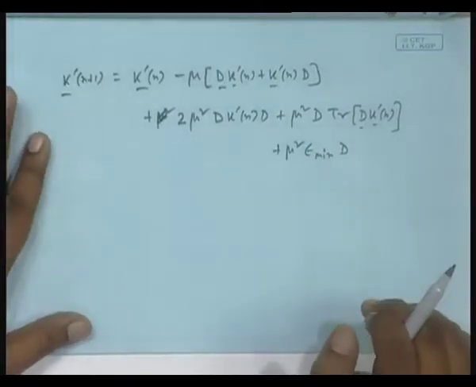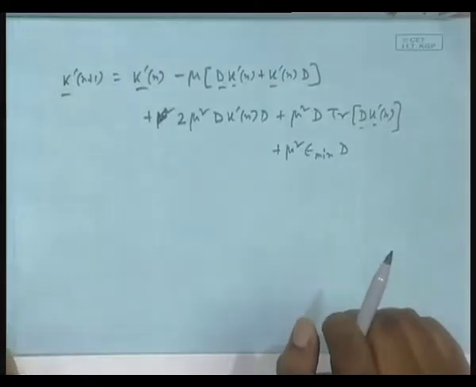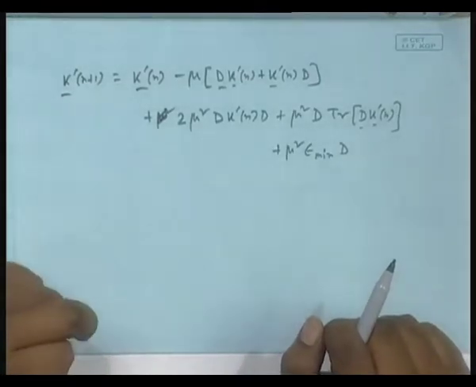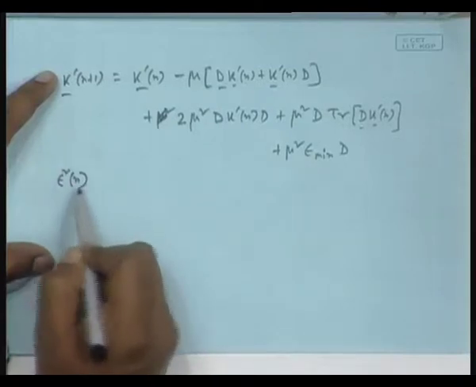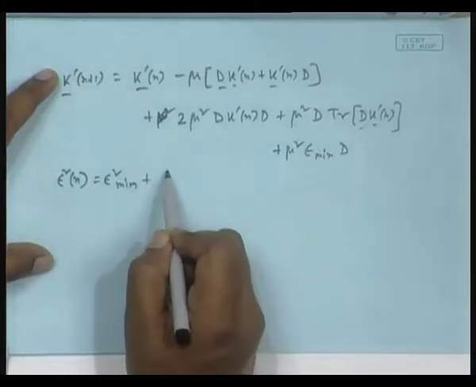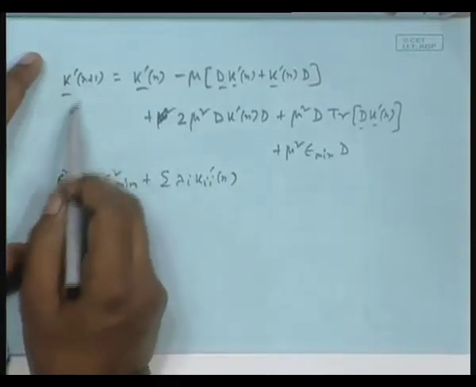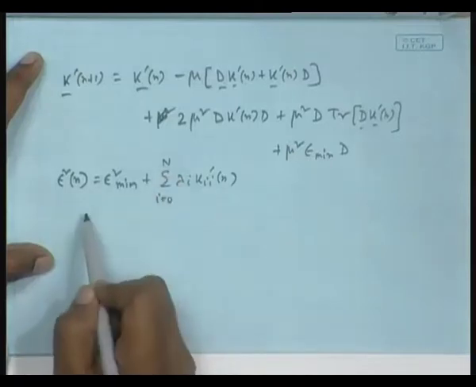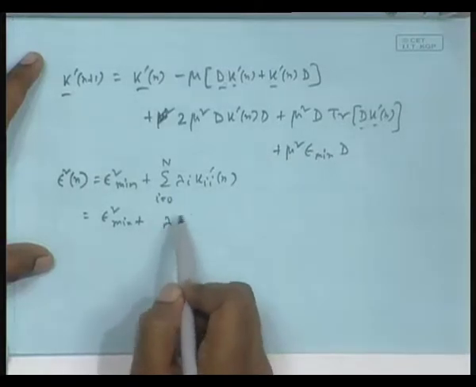Now, remember this is how I am seeing the dynamics of the matrix, but in that error analysis it is not the matrix entirely that was of interest to us, it was only the diagonal elements, isn't it? You remember, we had epsilon square n was epsilon square mean, but there was an extra term. What was the extra term? Lambda I k I prime n. So, I am not interested in all the terms, I am only interested in that. This becomes this plus, if you can call a vector,